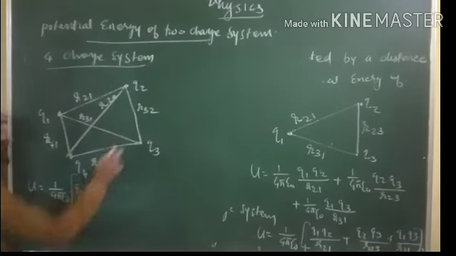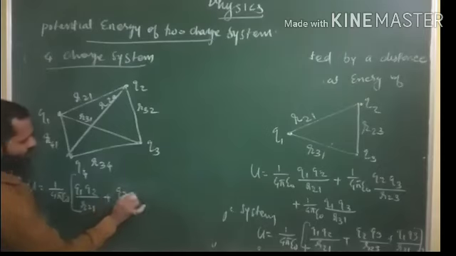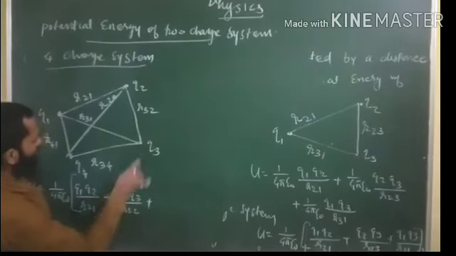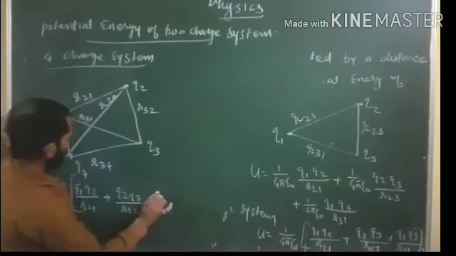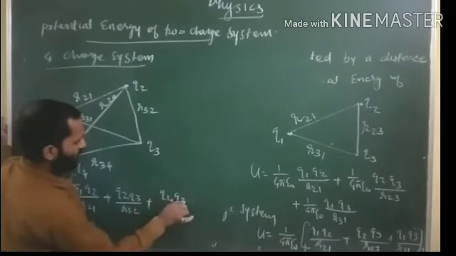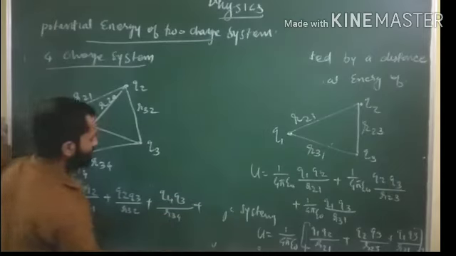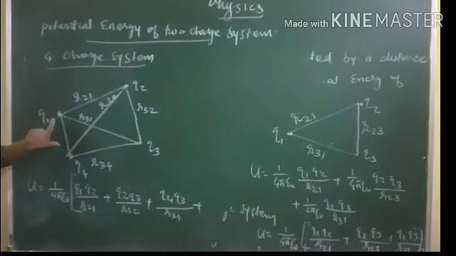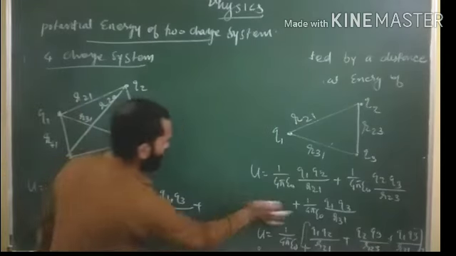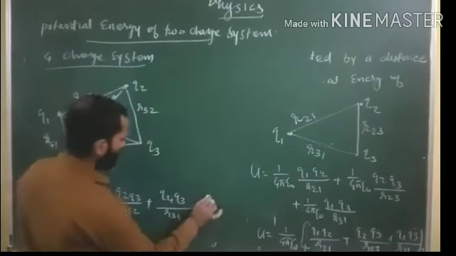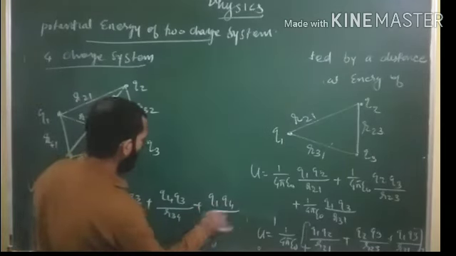Now in between these two, Q2 Q3 divided by R32 plus in between these two, Q4 Q3 divided by R34 plus next in between these two, Q1 Q4 divided by